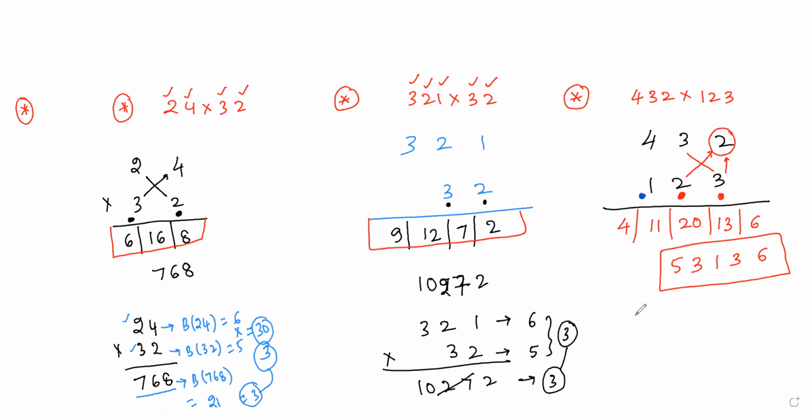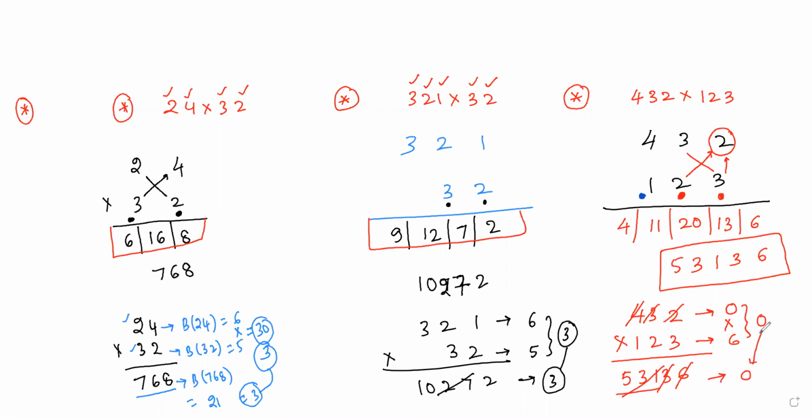So let me check whether our answer is correct or wrong. This is your answer. Now let me check it. If you see the Beejank here, the Beejank is 0. Why? Because 7, all the digits will be cancelled out. In this case, you will get 6. If you multiply, then you are getting 0 as the Beejank. So this and this will be cancelled out and this also cancelled out. So I'm getting 0. Both are matching, so we can say that maybe our answer is correct in this case.